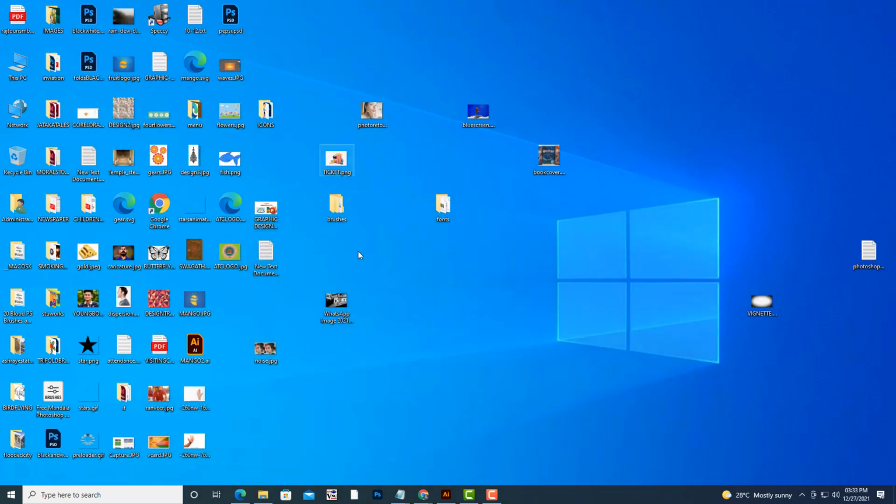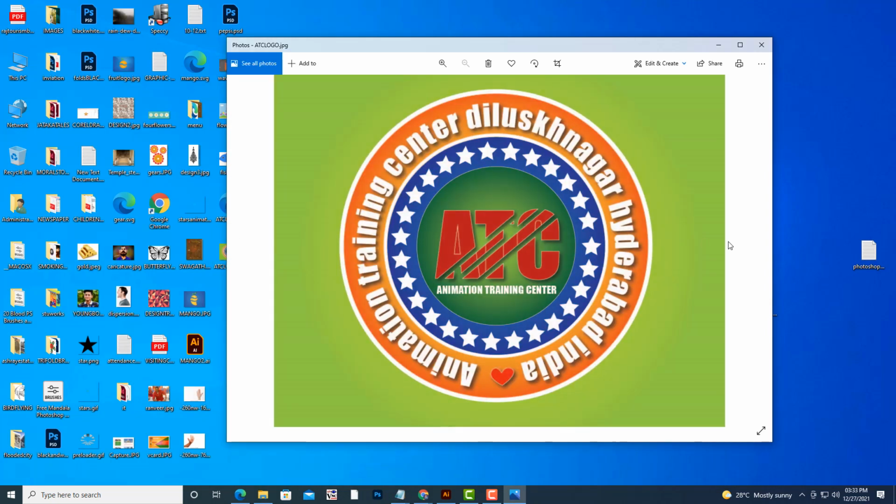Okay, so this is JPG. Compared to SVG, JPG is a little bit pixelated. Okay, a little bit, but even JPG is also looking nice. But whenever you have to create logos, try to export them in SVG. SVG has very crystal clear edges. Okay, the quality will be preserved.